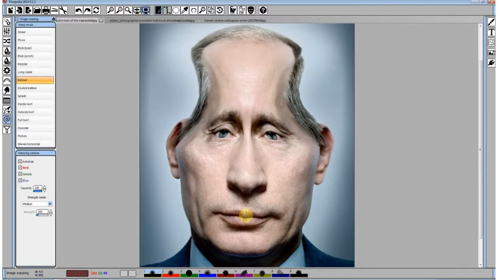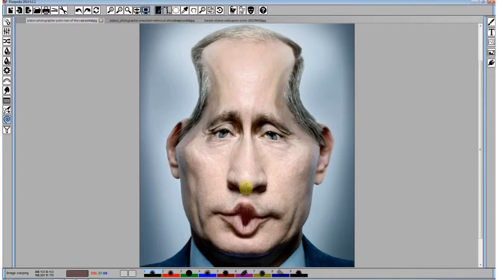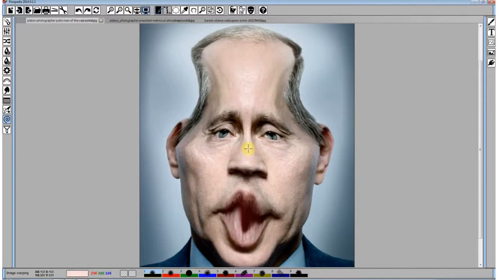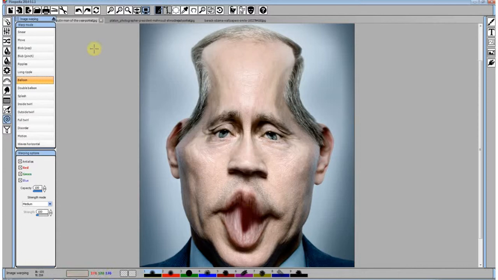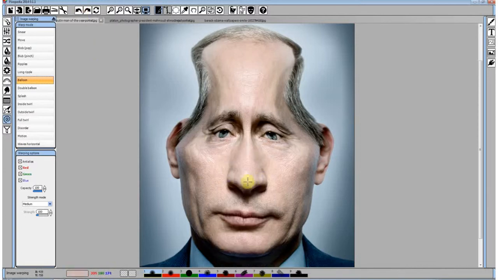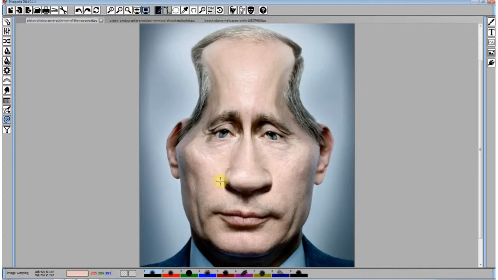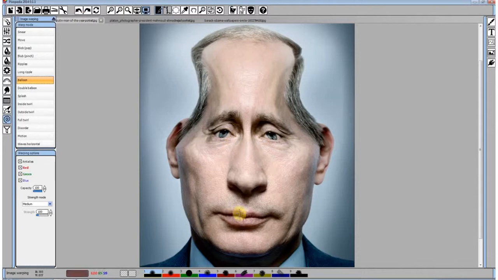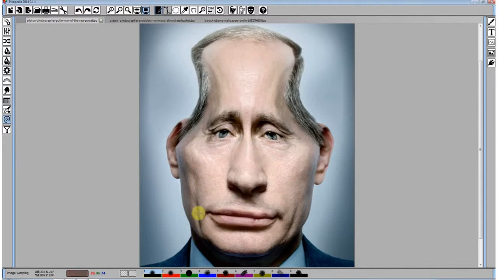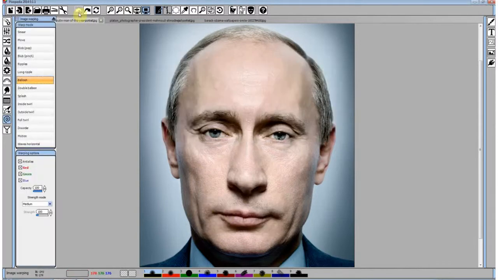If we go up, it will get wider, similar to pumping a balloon. When we move in the right direction, it will squeeze parts of the image vertically. On the left side, it will pump this area here. You can do it on the lips to see the difference. Sorry again.